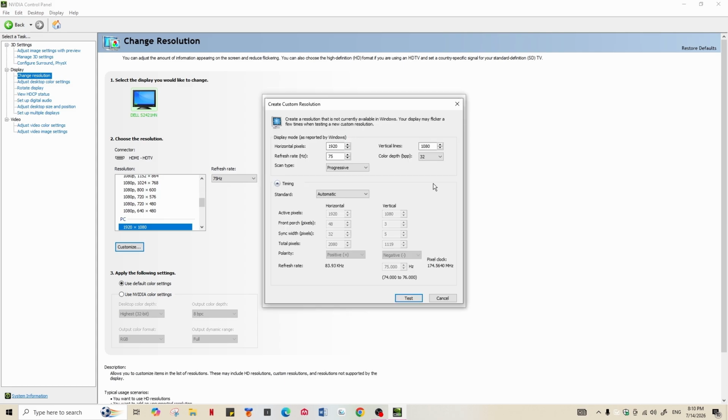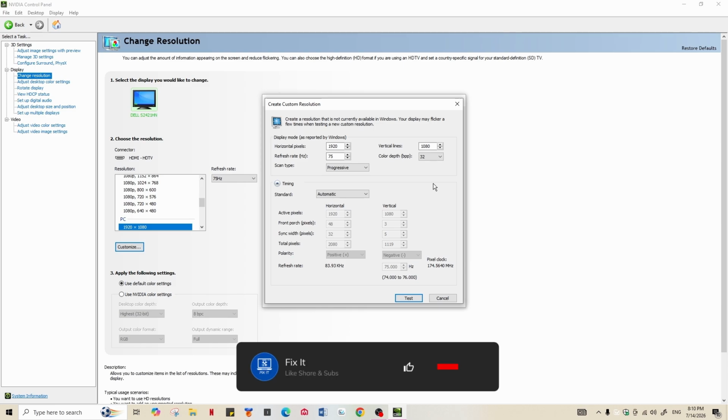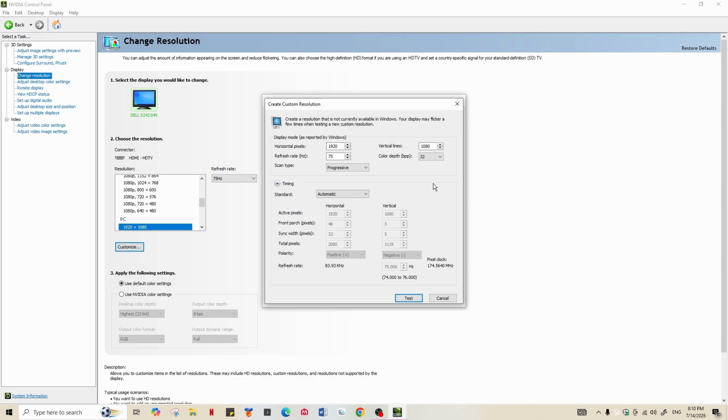Now enter your desired horizontal and vertical pixel values and your preferred refresh rate. Then click on the Test button at the bottom. And if your monitor successfully supports the new display mode, a confirmation prompt will appear. Click on Yes to save your new configuration, and your custom resolution will now be available in your standard display